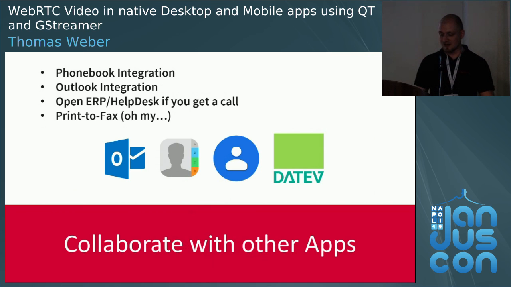And it's going on from there. It's also about collaborating with other apps. For example, they want to be able to place their call from their Outlook address book, or search their Outlook address book from within your app, or the same also for Android and iOS phone books. People just expect this. And also there are lots of legacy APIs you need to integrate